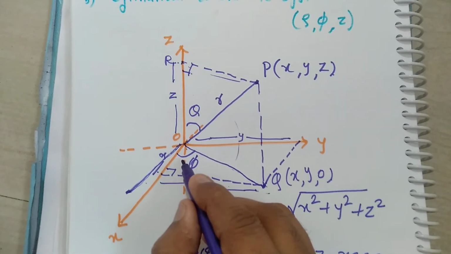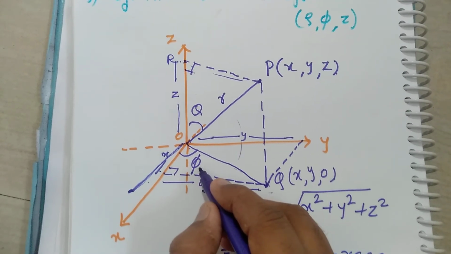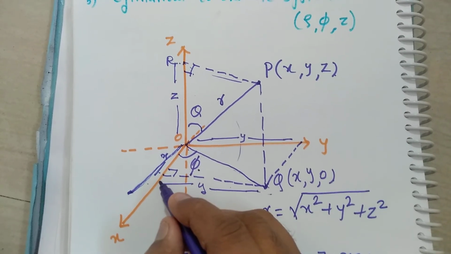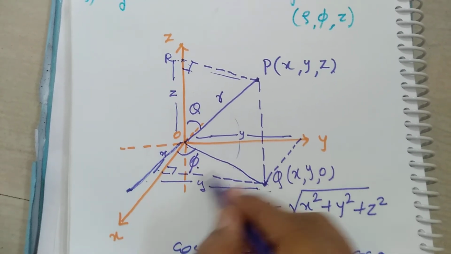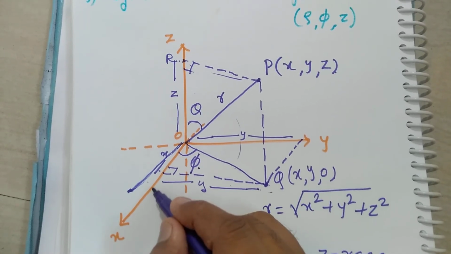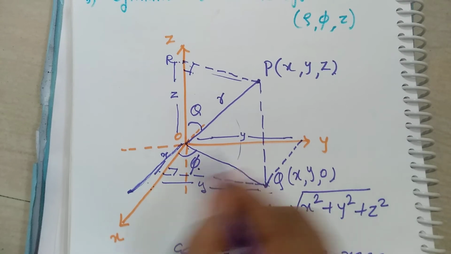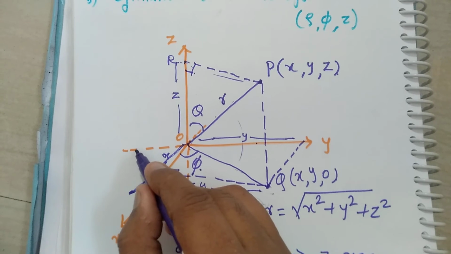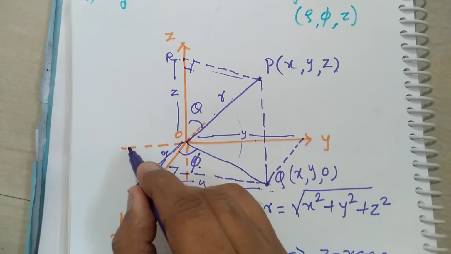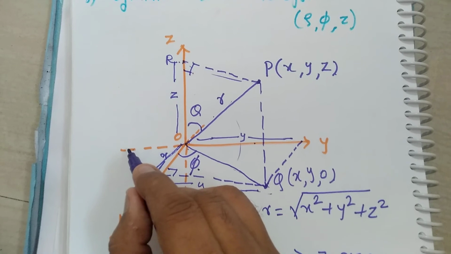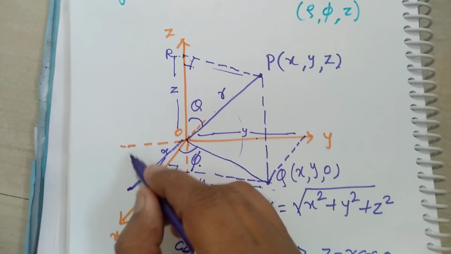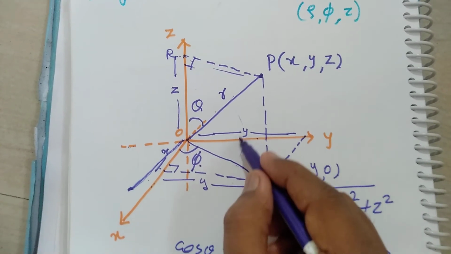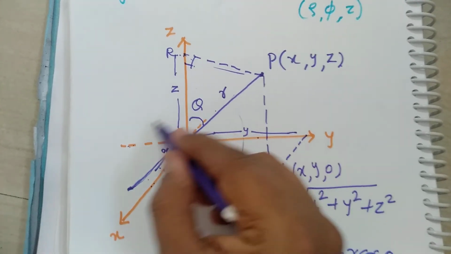But that is not true for the horizontal rotation phi. When you are in 2 dimensions, the angle phi can take clockwise or anti-clockwise direction. For the point Q lying on the x-axis, phi is 0. Here phi is 90. Negative x-axis, 180. For the point on the negative y-axis, it is 270 degrees or minus 90 degrees, and when it comes around again it is 360. So the horizontal rotation is a complete rotation from 0 to 360 degrees.